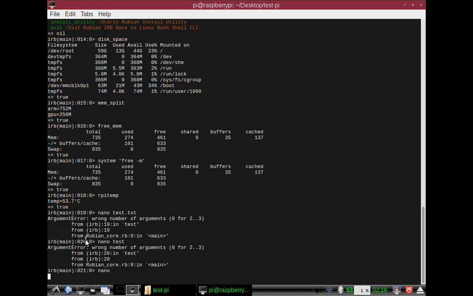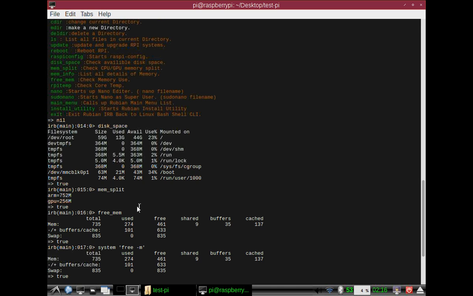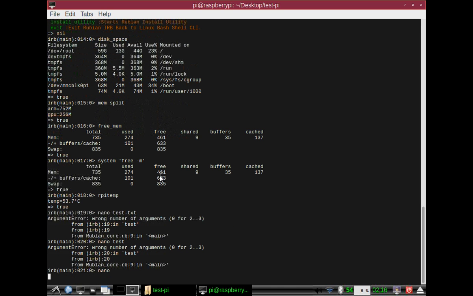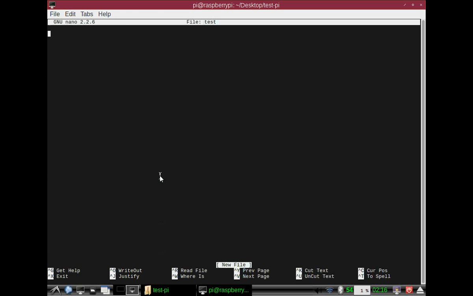Okay, so I still gotta fix that. It's okay though. Test. Okay, there we go. Yeah, still got a few kinks to work out. But you can enter the Nano text editor,